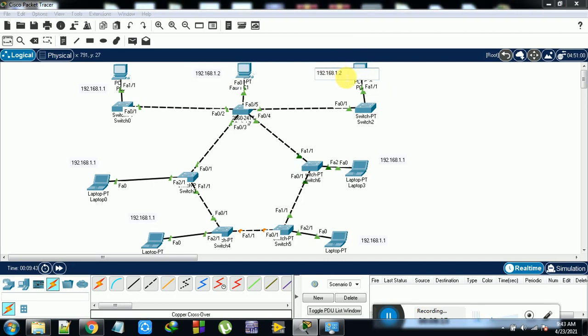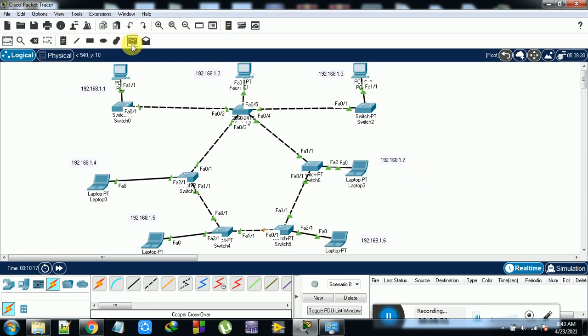They all are in the same LAN, so that's why I am giving the same type of IP. This is 4, but they are connected in a hybrid topology. That is the only difference. 5, 6. So this is 7. Okay. Done.